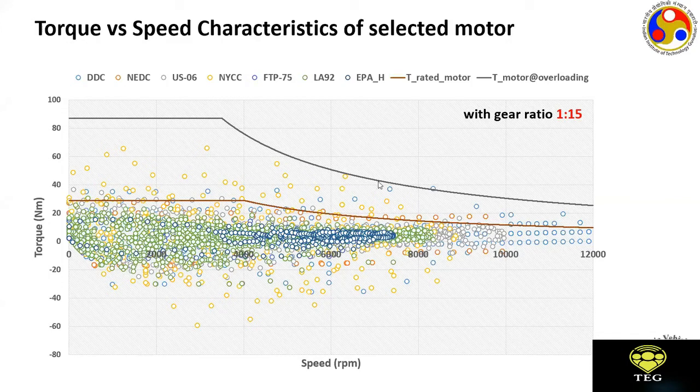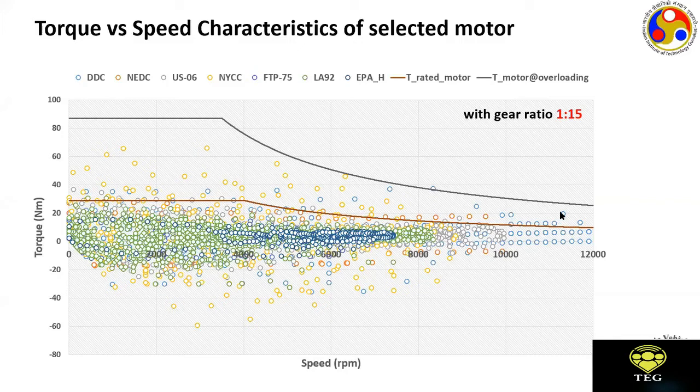They're just here. Graphically, there are only 3 points where the machine would come to its peak operating point, but for most of the time it will be below the peak operating point. There would be some points between the rated curve and the peak point, and most of the points would be below the rated curve.